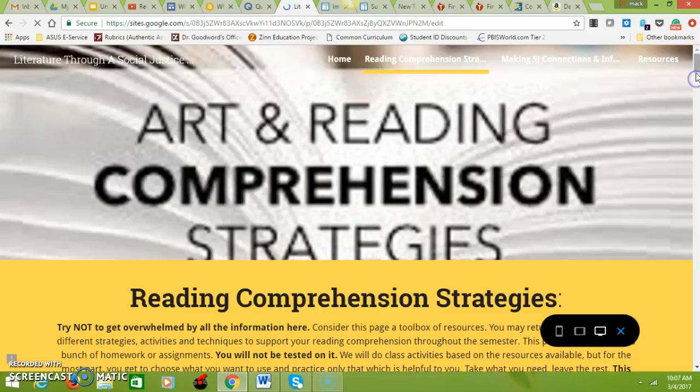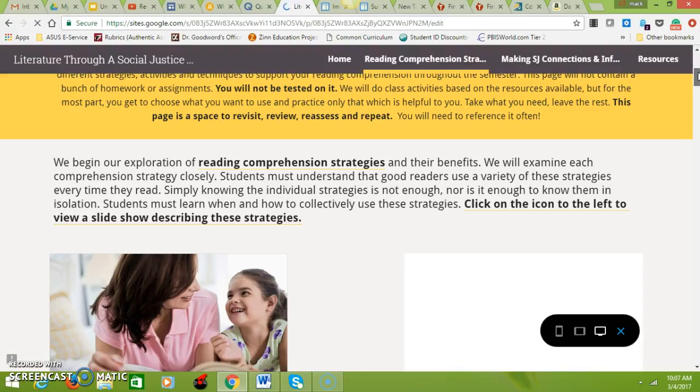Reading Comprehension Strategy page, and now what I want you to do is pick